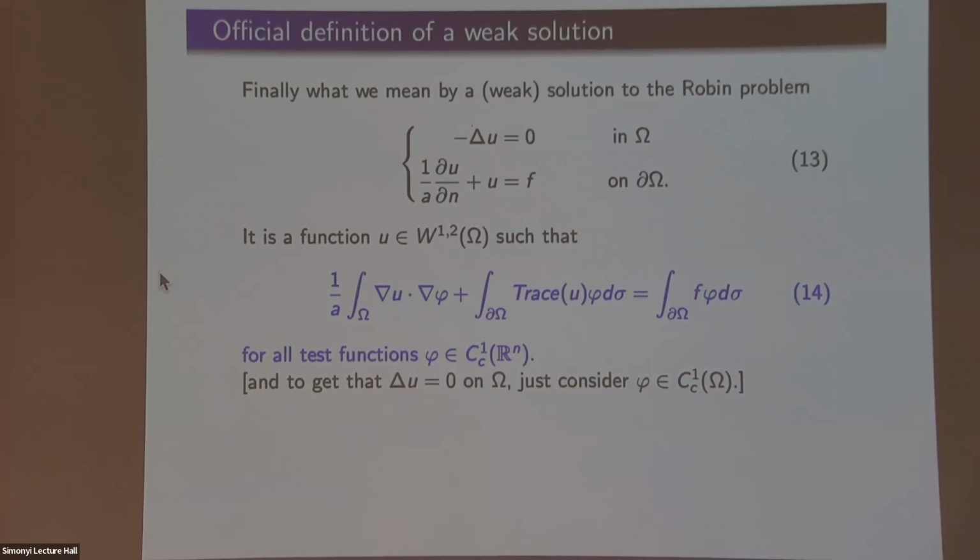and it makes sense because we have this trace in L2, which means that we still want to do integration by parts. And then what I'm saying, because what we're worried about is the notion of dudn. But in fact, what I claim matters is not dudn itself, it is dudn multiplied by d sigma. And dudn multiplied by d sigma is this thing that I get here when I integrate by parts.